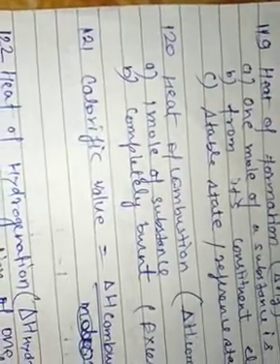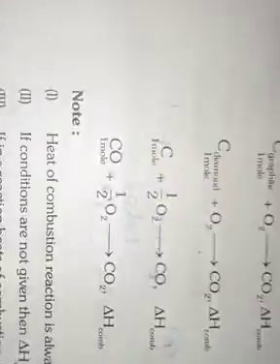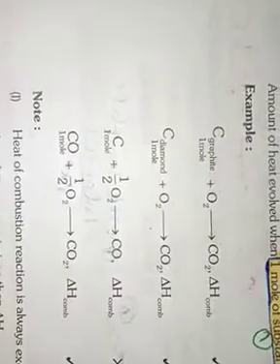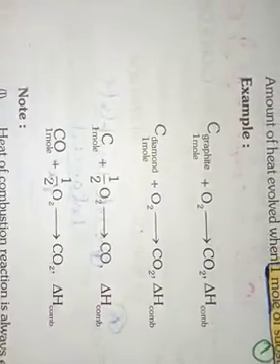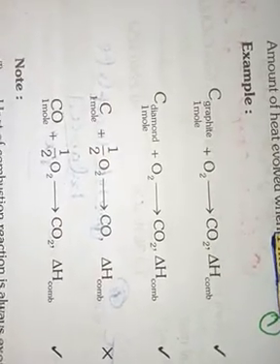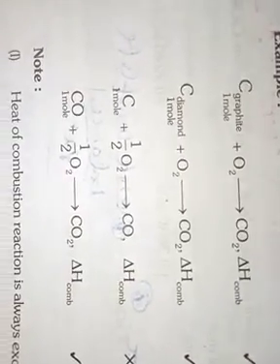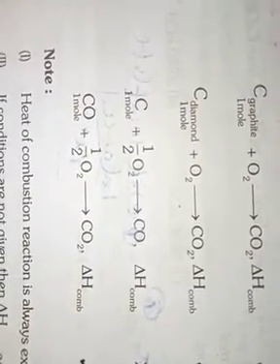Now taking the next one, we have heat of combustion. 1 mole of substance is completely burned in excess of oxygen. So taking the example here, the first criterion we have is 1 mole of substance. So 1 mole of substance is completely burned and something is formed. So this one is combustion. The second example we have is diamond, oxygen, CO2 is formed. This one is also correct, but the third one is not correct.